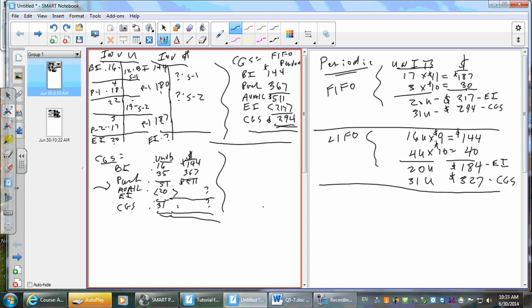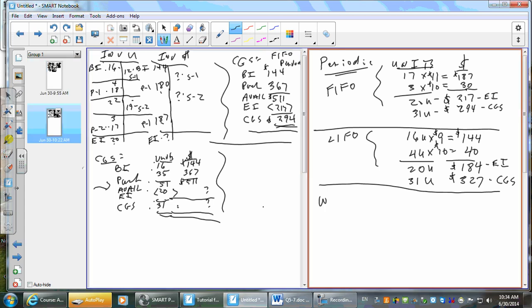Why would it be wrong? Because you have more that cost one price than another. More of some, less of others. So you do a weighted average. That's all it is, okay? So what's our weighted average? How would you get your weighted average? This is really easy. So this is going to be weighted average,